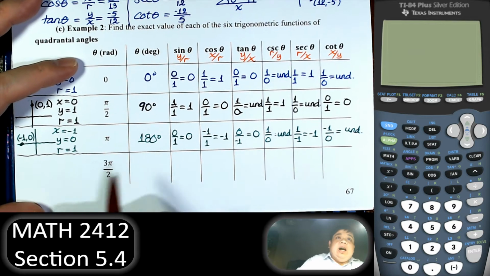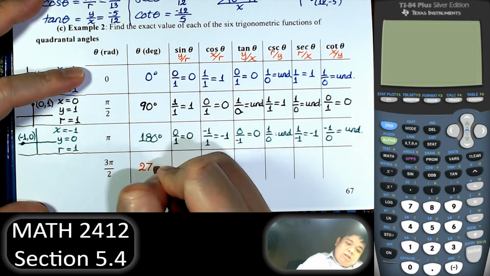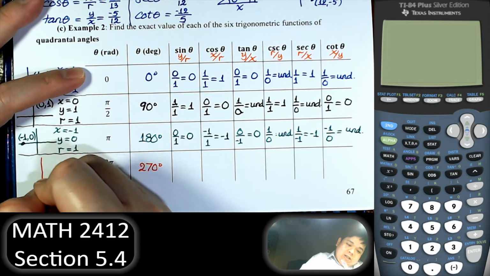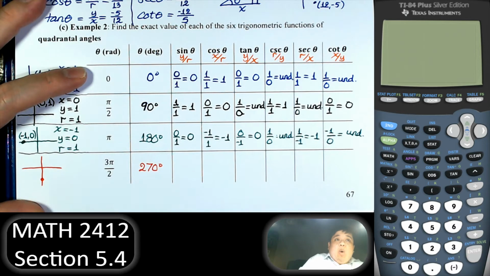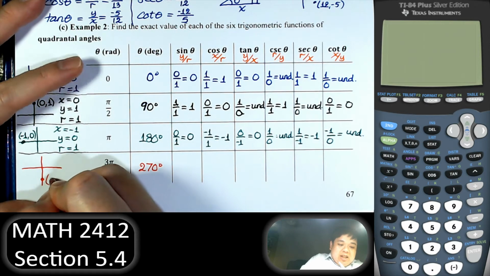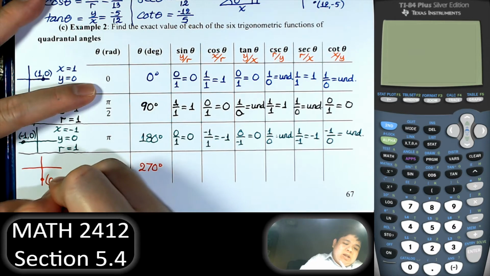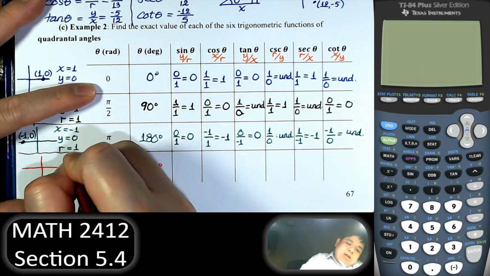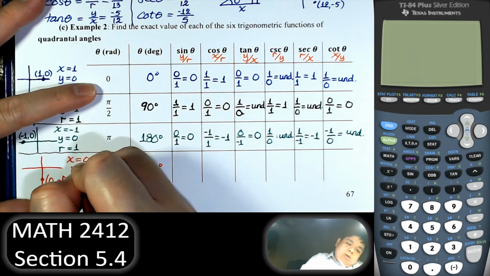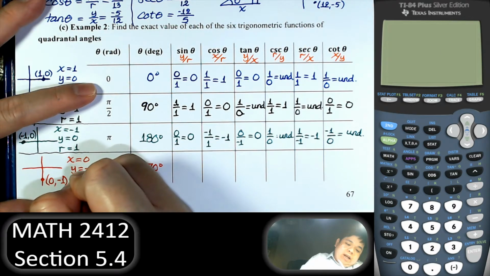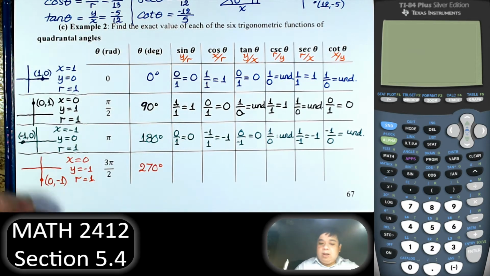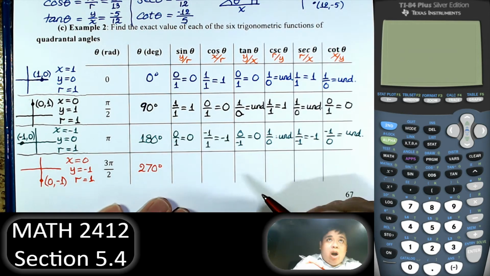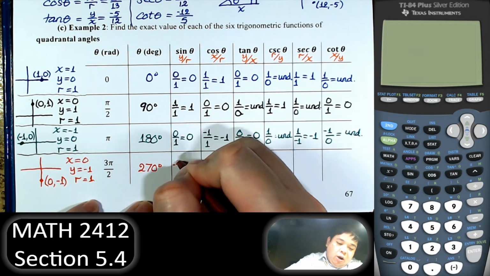And finally, 3 pi over 2 corresponds to 270 degrees. So it will be here. Y should be negative and x is equal to 0. Let's choose y to be negative 1. So x is 0, y is negative 1, and r, the distance from that point to the origin, is 1. R is always positive. Right, and then the definition, y over r,